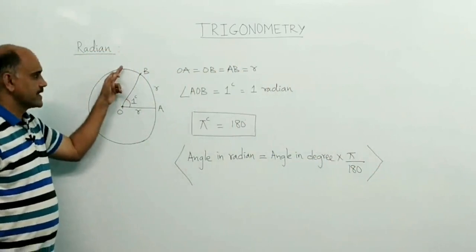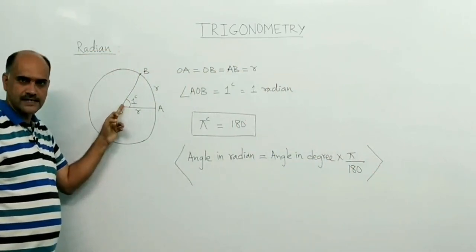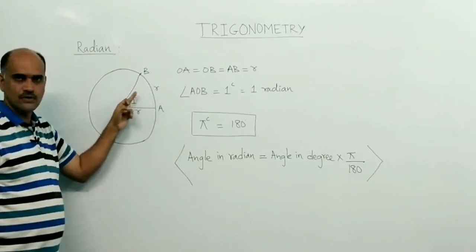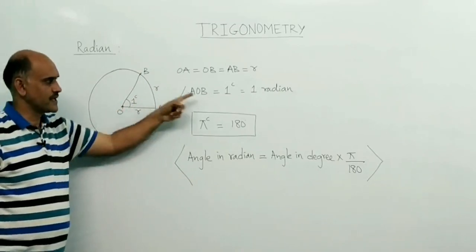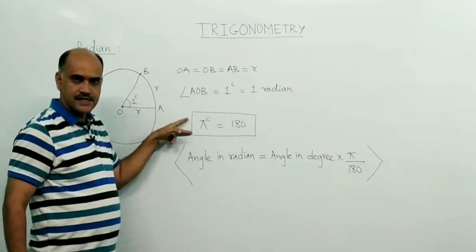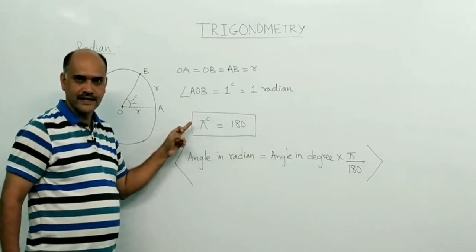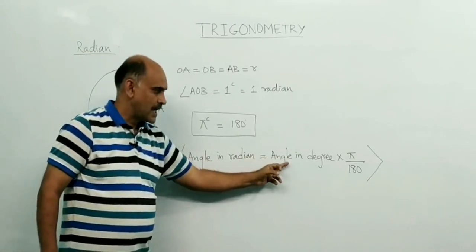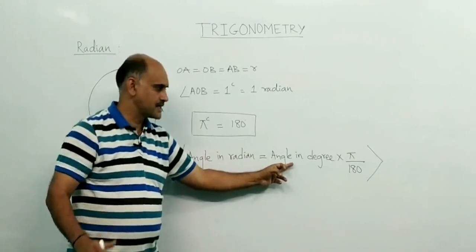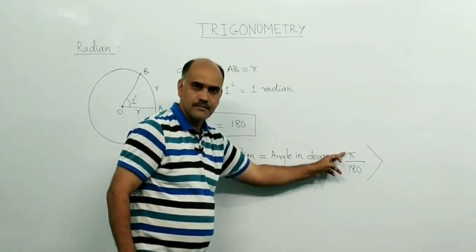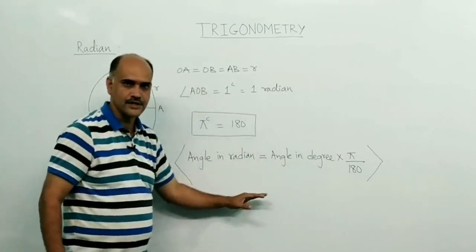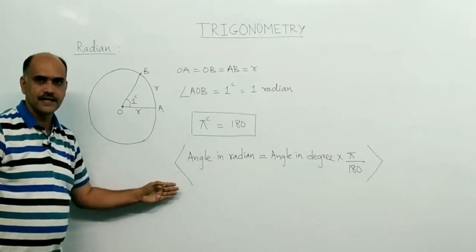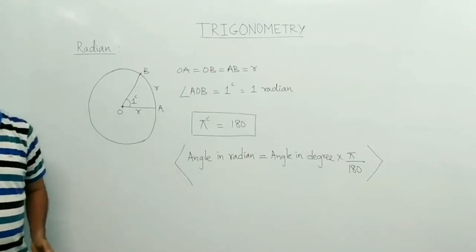So first, radian means the angle formed at the center by an arc of a circle whose length is equal to the radius. So this is 1 radian. First relation is pi radian is equal to 180 degree. Then to convert, if you want angle in radian, and 30 degree, 60 degree, 90 degree will be given, you should multiply it by pi by 180. Clear students? You can pause and note down these formulas, then I will take numericals on this.